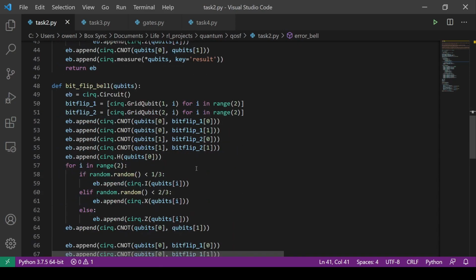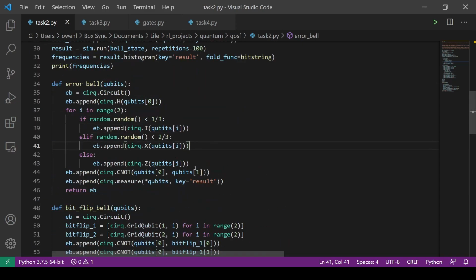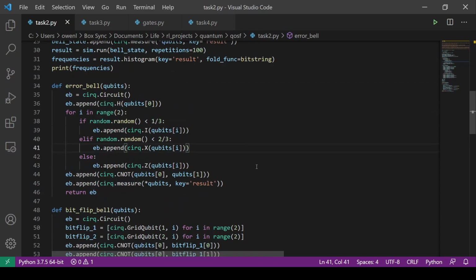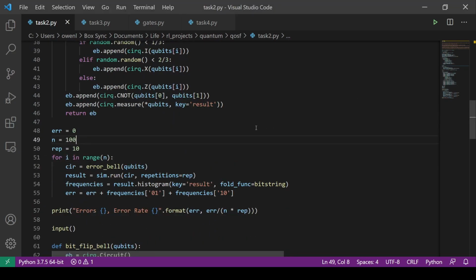And so to quantify this error, hold on, I'm going to make a quick edit. Okay, I just made a quick adjustment to show the errors. So we make the error circuit and then we test it. So we can see we create 100 different error circuits. We run each circuit 10 times, and we can see that the